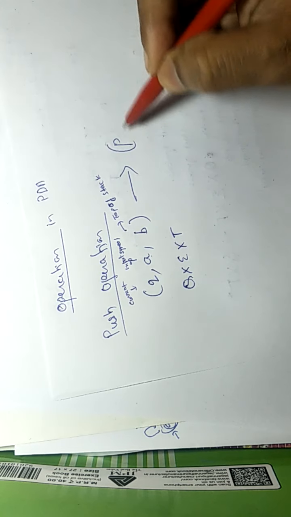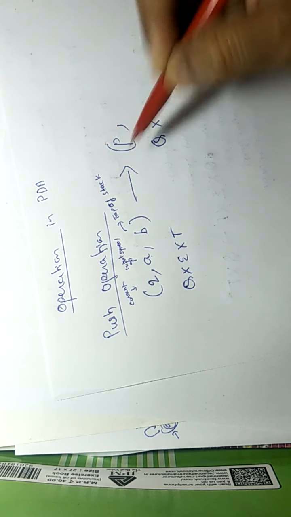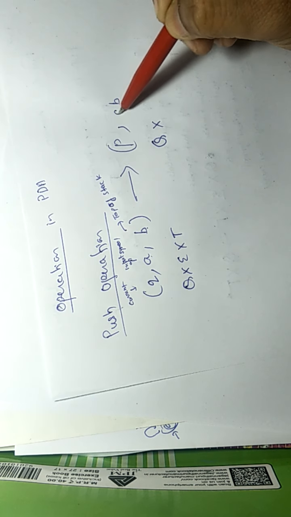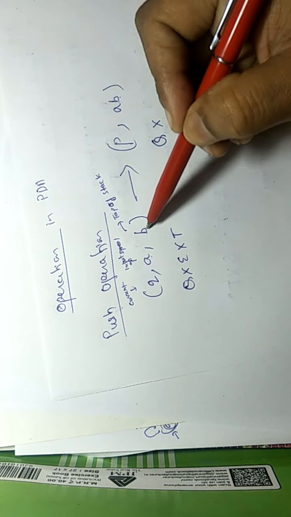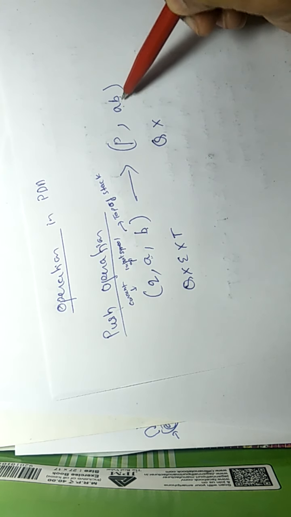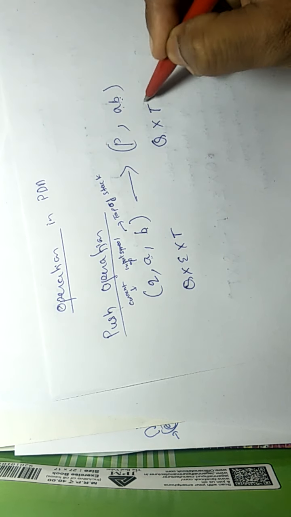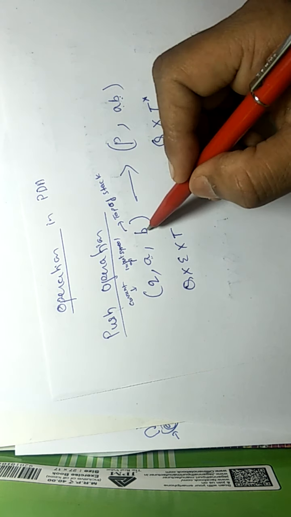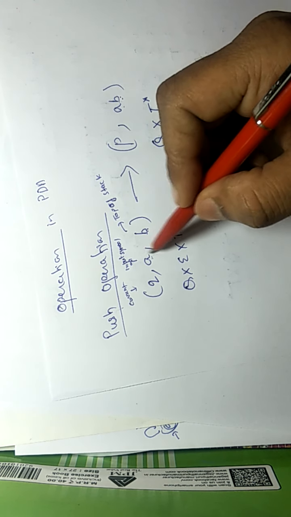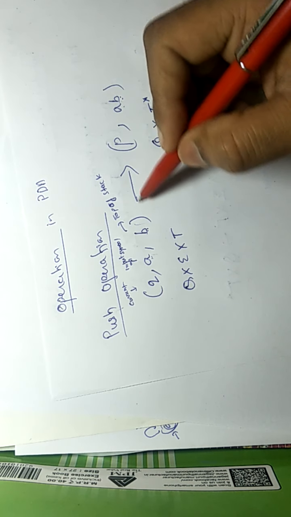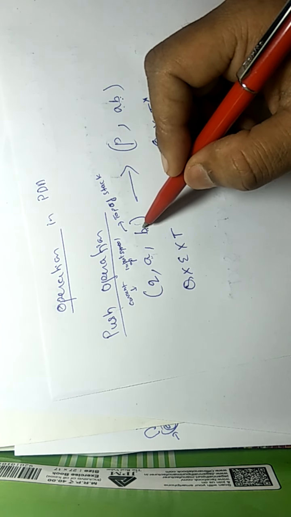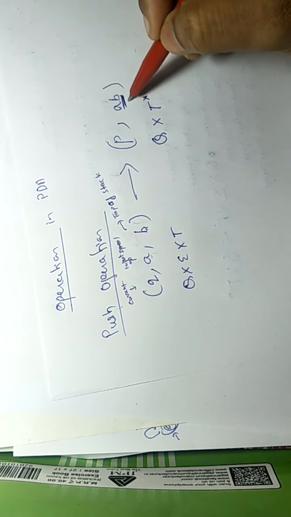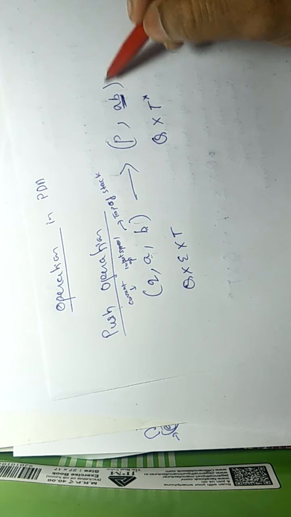We move to some state, say p, and what we are doing is push. So b is at the top, and we push a here. On top of b we push a, it becomes ab. And remember, it is not the condition of the whole stack, it is the condition of the top of the stack only. There may be several symbols after it, but we are showing here only the situation of the top of the stack.